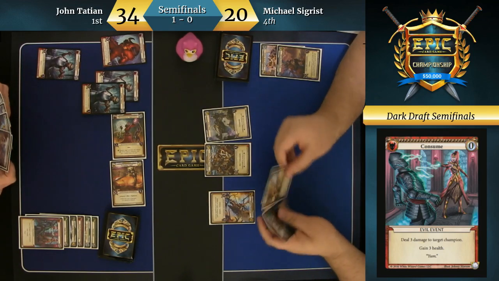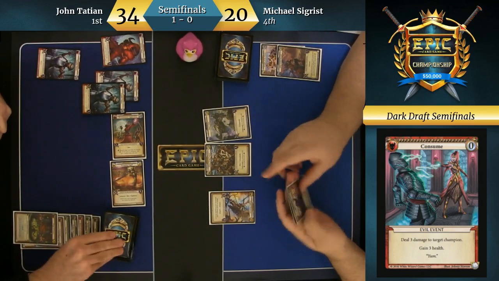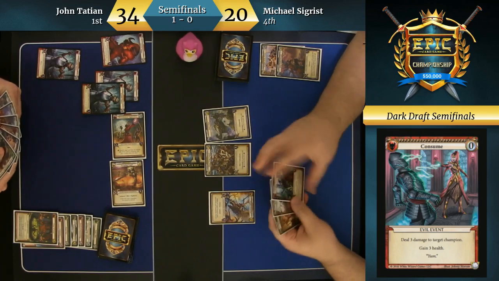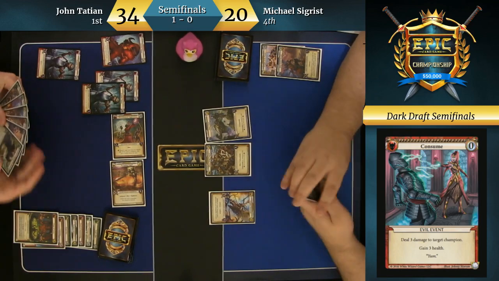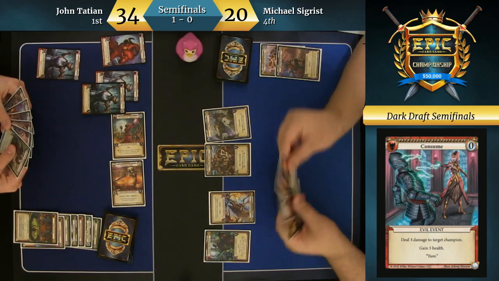So it'll be interesting to see if John... passing here is a little bit awkward because... Right, he goes with the draw. Yeah, because you're not really ahead in the sense... You're gaining 6 every turn, I guess, but... Exactly. It's not the end of the world, but...